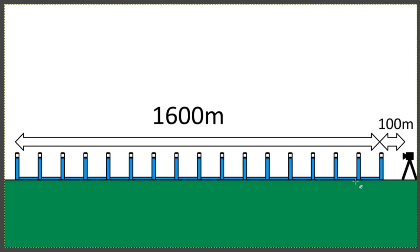So first of all, what he has proposed is a setup here of vertical pipes that are all connected, and they will be filled with water of a total length of 1,600 meters, because there is going to be 100 meters between each of these vertical pipes. And then 100 meters away from the first pipe, which he's going to call pipe 0, will be the camera. Now it's from the camera that he's going to